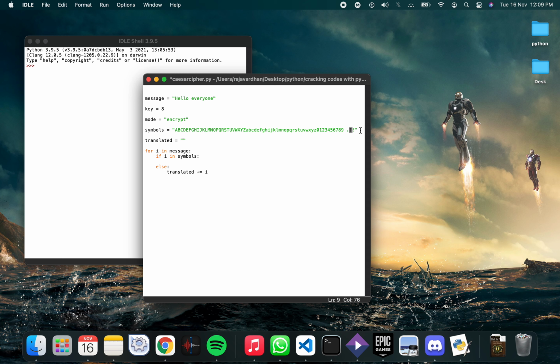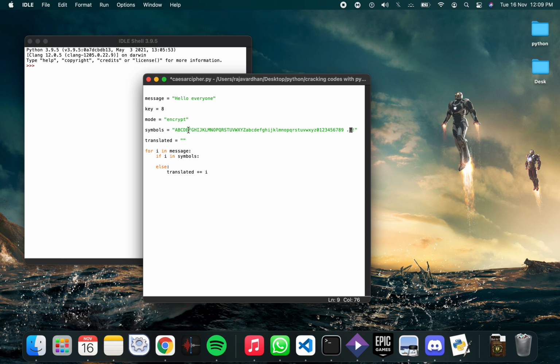Wraparound means I will reduce the length of the symbols value from it. To do encryption, I will add 8, and it will be out of the index. Now I will reduce the length of the symbol string from it, and it will get back to somewhere here, right?